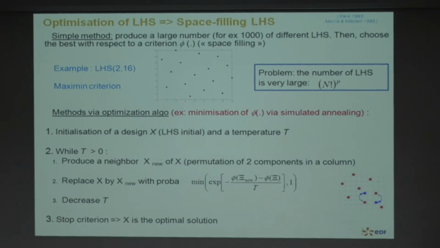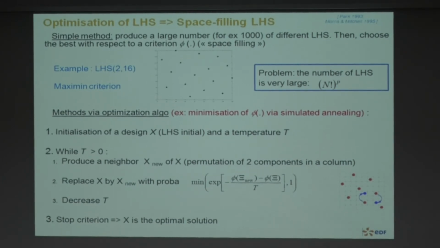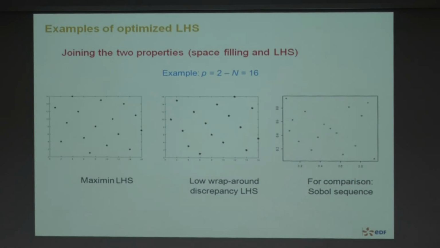So what is fine with this in my problem is that with the mean dist criterion, you remember mean dist, this is the minimal distance between the 2 points of my design, and the discrepancy criterion, I don't have to recompute all the terms of the mean dist and the discrepancy, because I have exchanged just 2 components. So to recompute phi of xi nu, it's not costly. I have just to recompute a little term. Okay, so example,